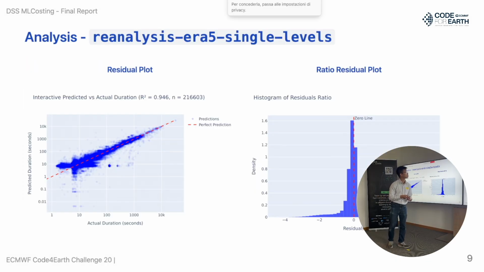For example, here is the reanalysis error of single levels. On the left, we have the original plot, where we just compare the predicted value and the actual duration. And on the right, we measure the deviation relative to the ground truth. So basically, it is the ground truth minus the prediction over the ground truth. On the left side, we see the residual plot, and there was always some